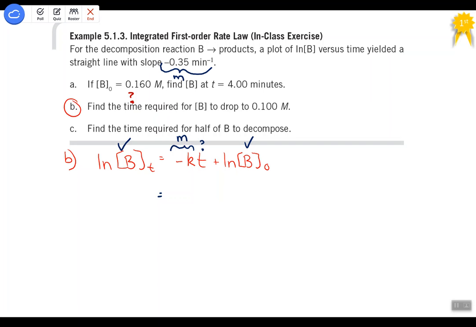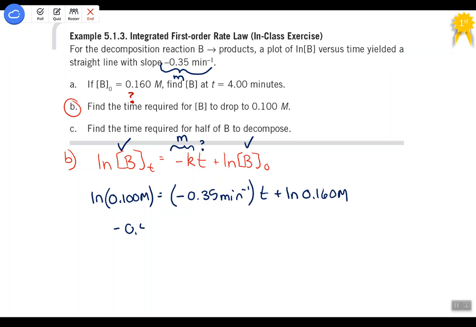We can solve for our unknown value. Therefore, to get us down to a concentration of 0.1 moles per liter, this reaction needs to proceed for 1.34